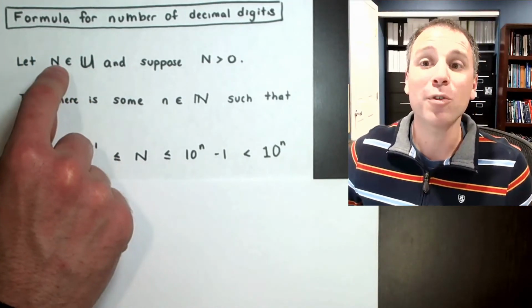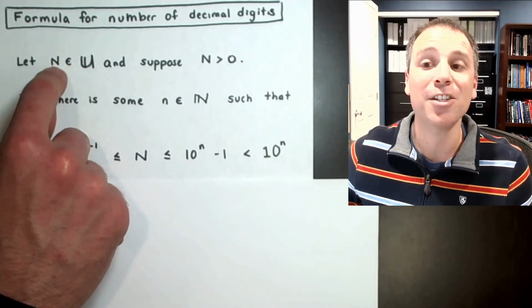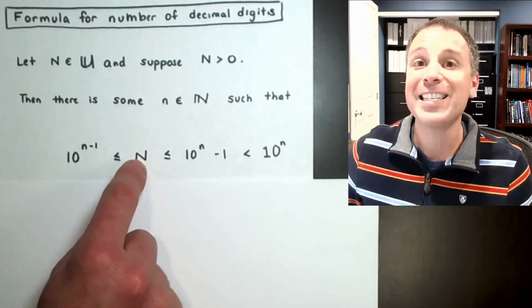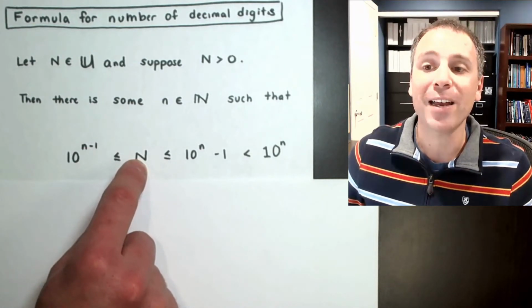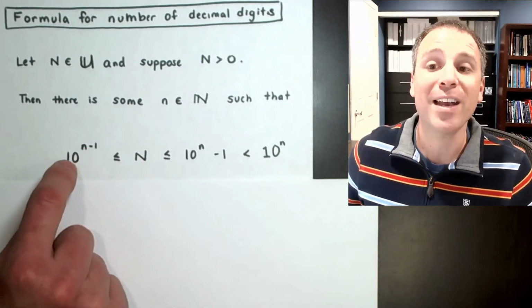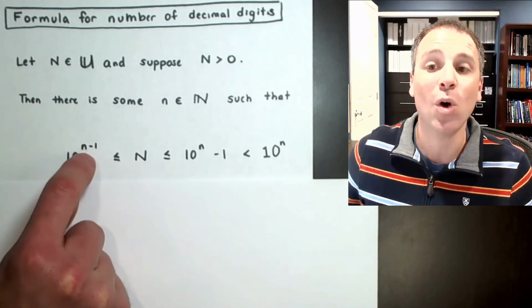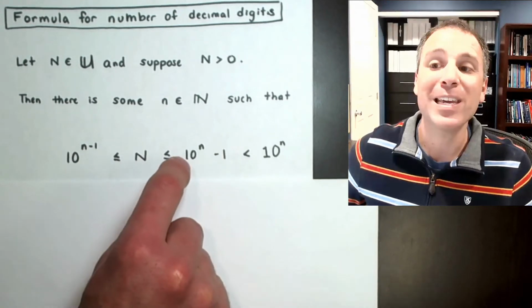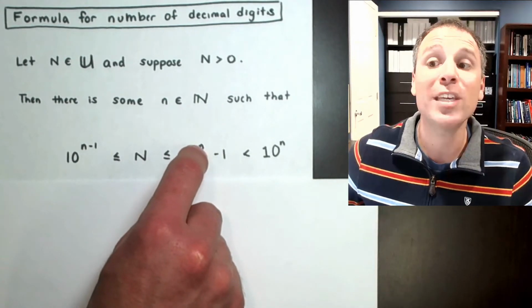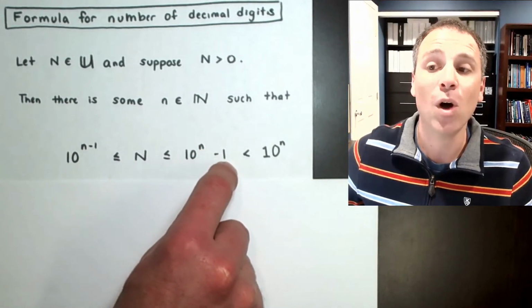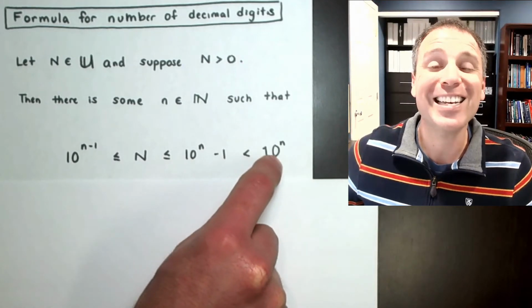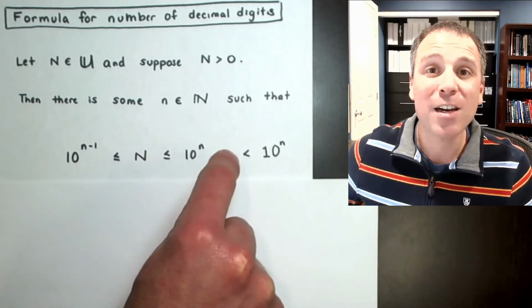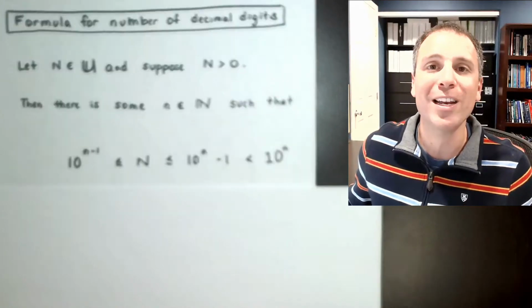And that formula comes from the realization that any unsigned integer that is not equal to 0 sits between 2 powers of 10. On the lower bound, we'll say that it's 10 to the n minus 1, where n is the number of digits that we need. And we'll say that that's going to be less than or equal to 10 to the n quantity minus 1, which is strictly less than 10 to the n. That is the inequality that we've just generated in that table.